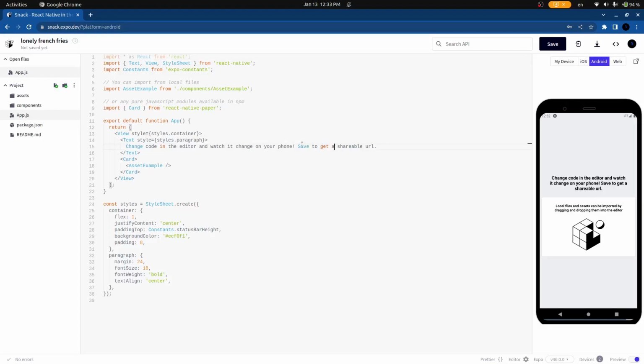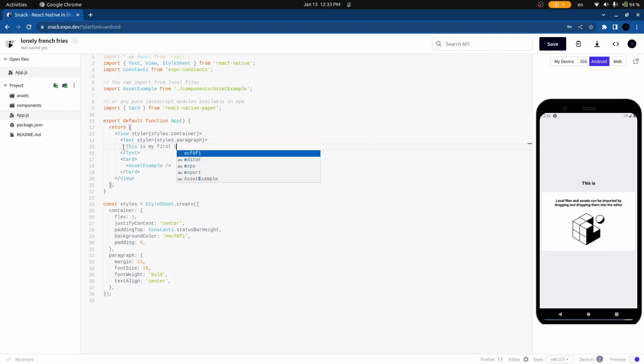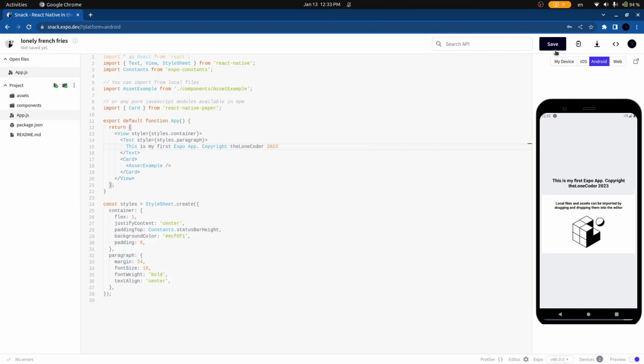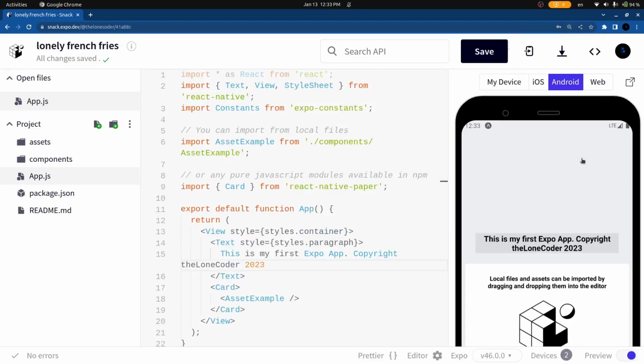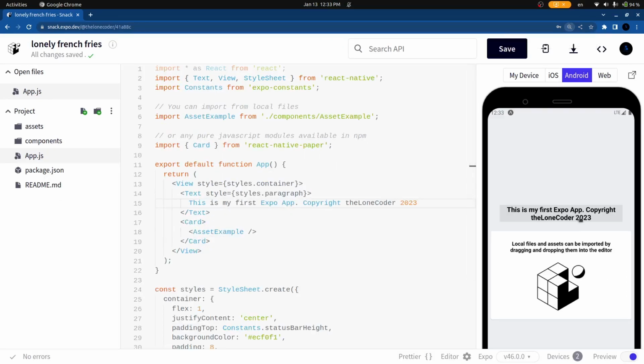And so just to prove that this is working out, I'm just going to change this text to something like, this is my first Expo app, copyright The Lone Coder 2023. And so now if we save that, you can see that it's updating over here, and I hope that's big enough. I can make it bigger, so I'm just going to do that a little bit. And now you can see this more up close, and it says this is my first Expo app, copyright The Lone Coder 2023. Normally that would be on the footer, but whatever. And so as you can see,